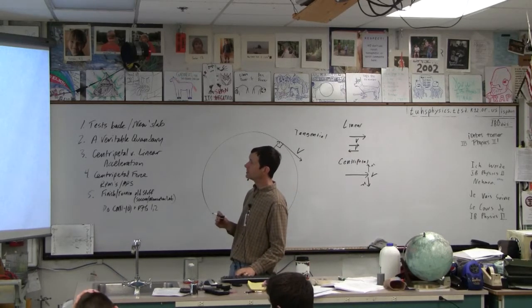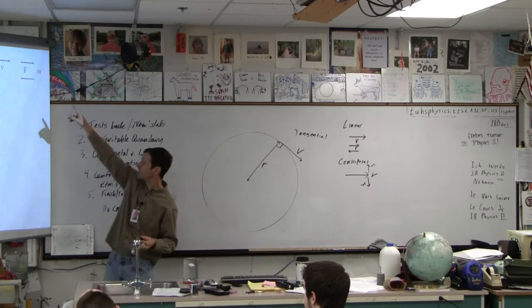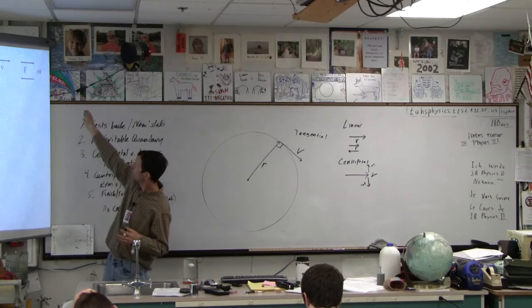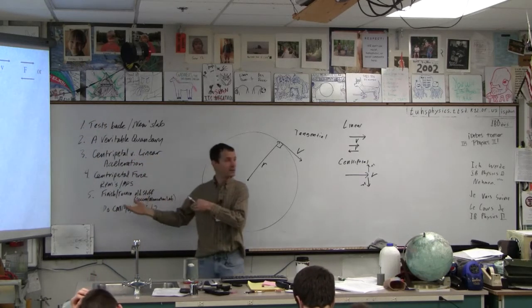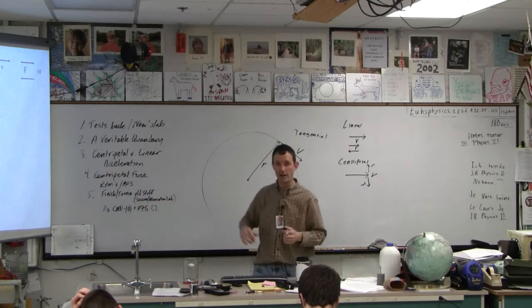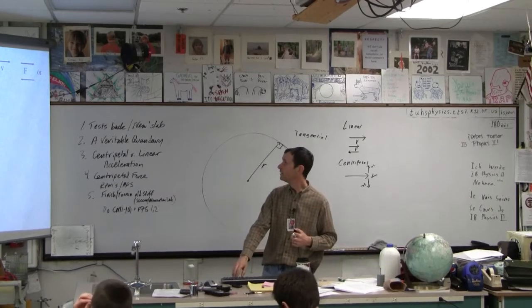Right, so linear is speed changing. So the velocity, say, is to the right. Okay, the force is to the right or the left. To the right would speed it up, to the left would slow it down. To the right would be a positive acceleration, to the left would be a negative one, right? And then centripetal acceleration, okay,